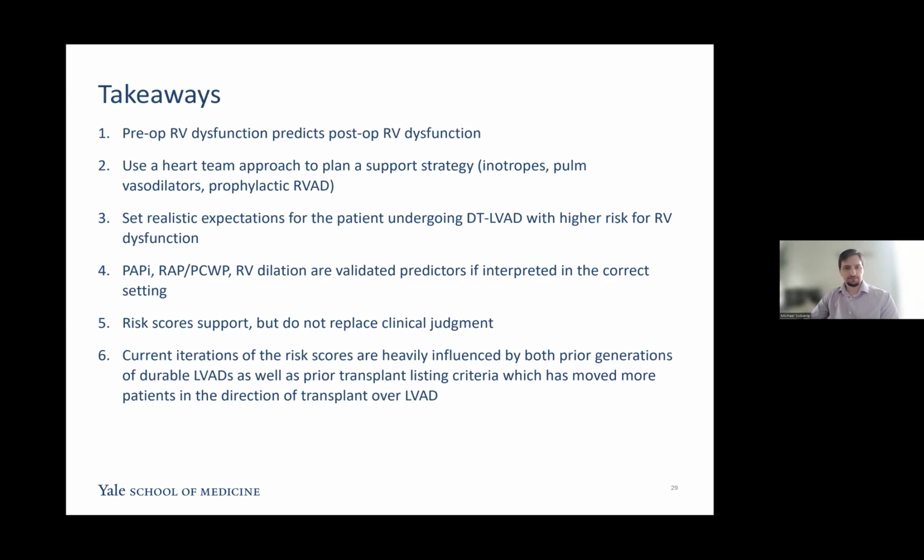And then, all of a sudden you're at 2.5. So I do think you have to bear in mind that risk scores support but do not replace clinical judgment. And I think it's important to remember that all of these risk scores currently are heavily influenced by prior generations of durable LVADs, as well as the prior transplant listing criteria, which has impacted how we choose and select who gets VADed, and that there is a lot of